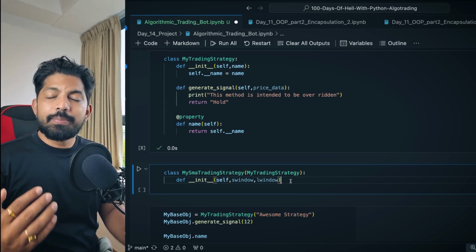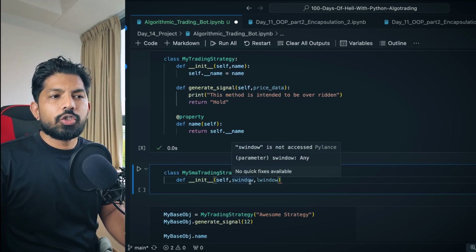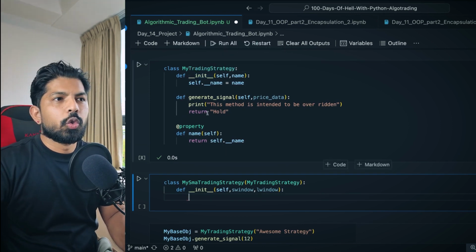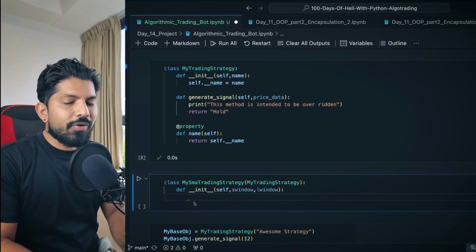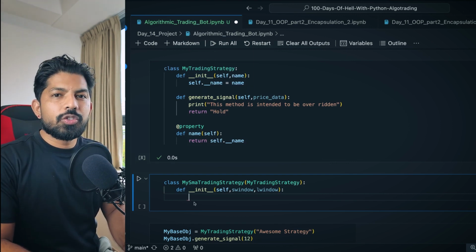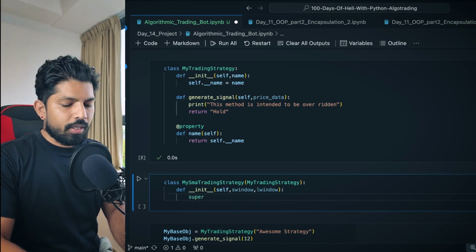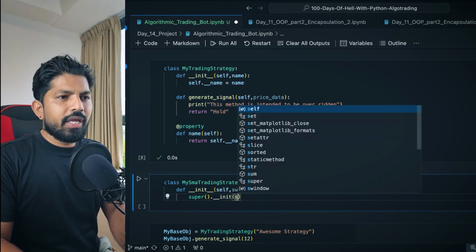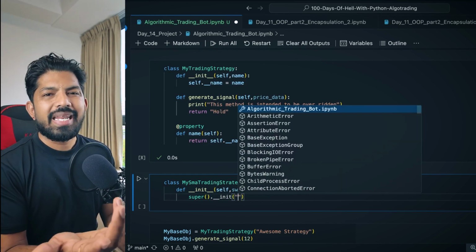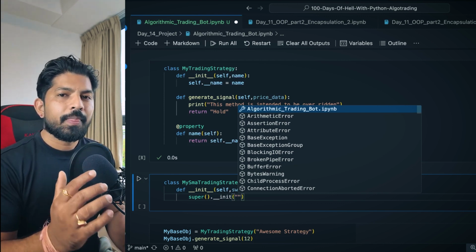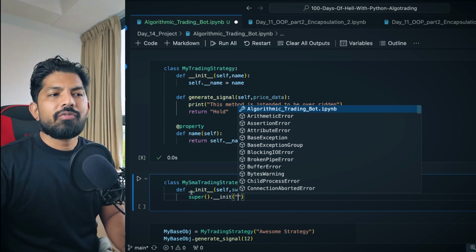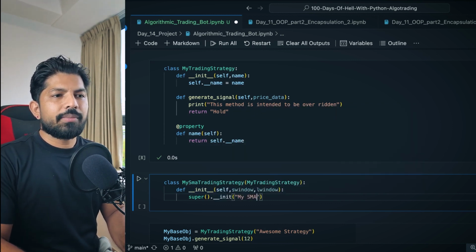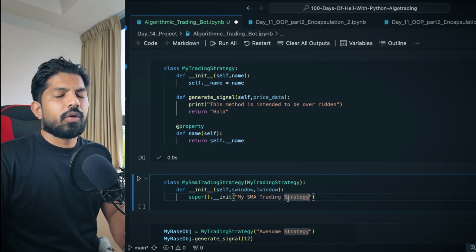So while creating this simple moving average trading strategy, we definitely want the short window and long window, right? Now again, we have already inherited this base class, so we want to initialize this constructor. How can we do that? With the help of the super keyword. We have understood that already, right? So I'll write super, then dot, and again init self. And here also we can provide the name parameter. We will be having multiple strategies, one for SMA, one for Bollinger Band. So here I can give the name as, let's say, my SMA trading strategy, and okay.